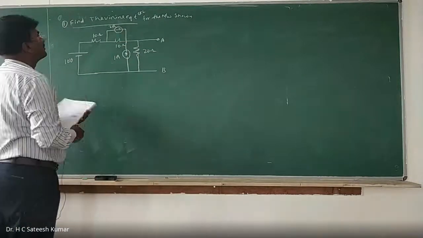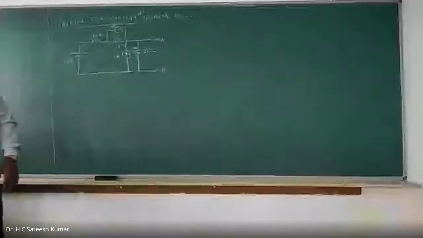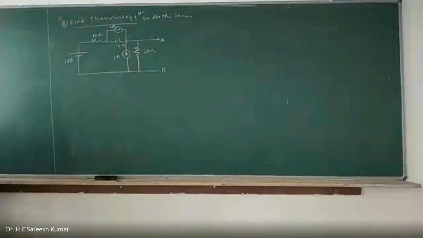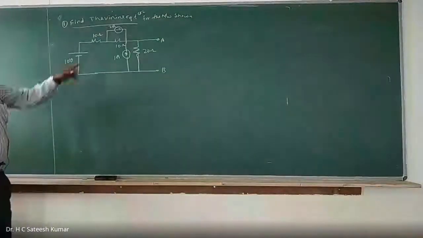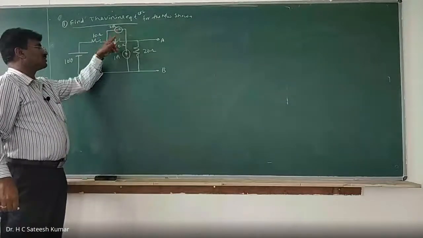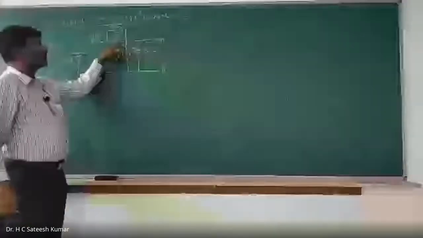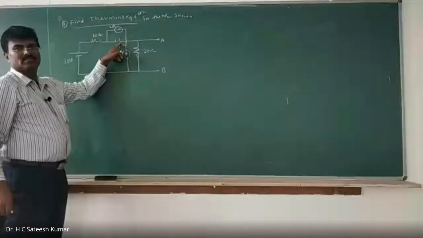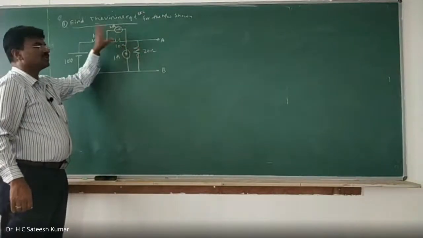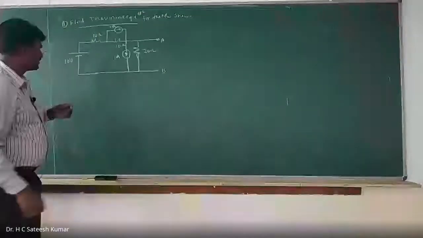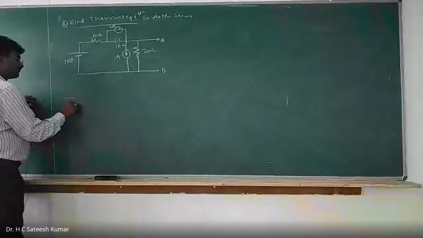Okay, right. Now I'll have to find out what are the steps involved. Carefully observe that these problems are very, very important. All problems will follow the same method. First, any current source in parallel with a series resistance can be replaced by a voltage source in series with the resistance. Here, both of them are converted into voltage sources, so that the simplification becomes very easy. So I'll rewrite the diagram.